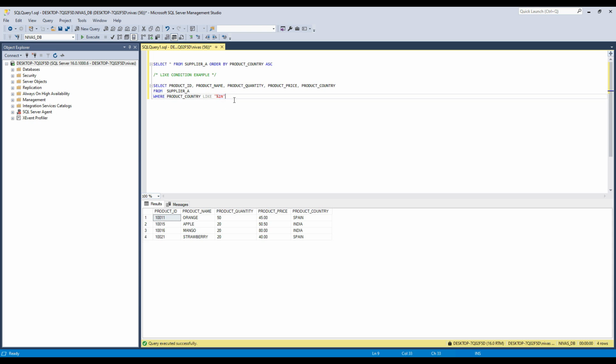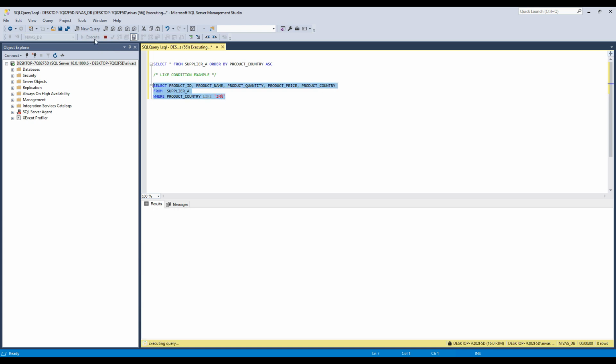So there is no country, I think Spain is there, right? So only Spain will come, right? If it is this side, only India will come. I think now the LIKE condition is somewhat clear, I guess. So now we have